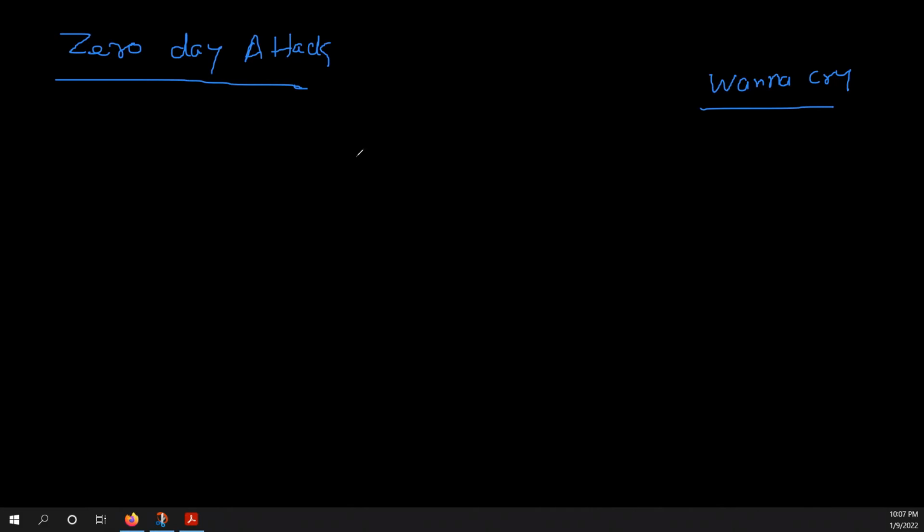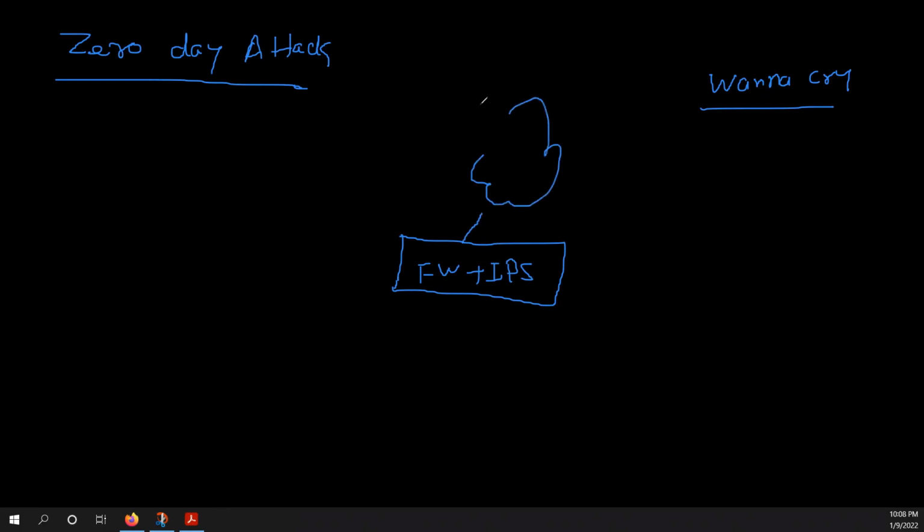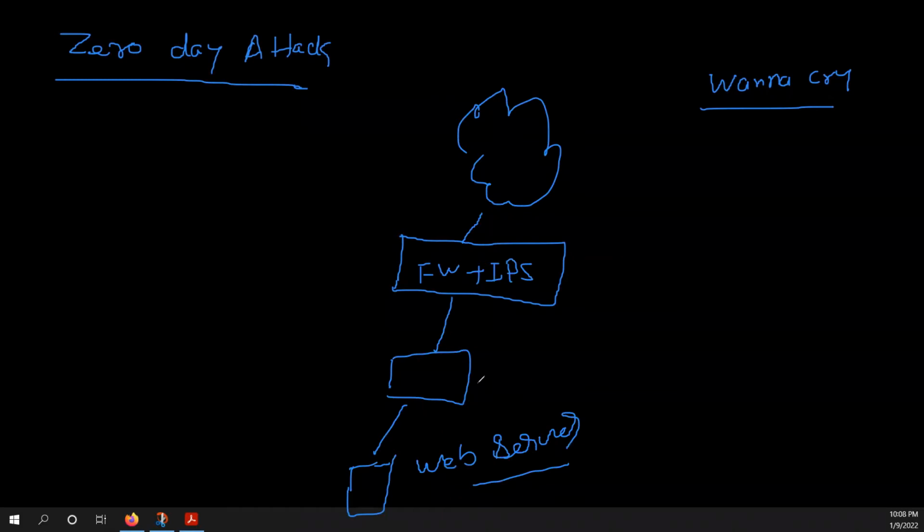Okay, so let's discuss in this way. Let's say this is your Palo Alto firewall. This is a firewall, and over here you have enabled the IPS as well. And this is further connected over the internet. And now on the back end, you have a server. Let's say a web server is running on the back end. And there are users as well who are connected. They are trying to download a few things from the internet.